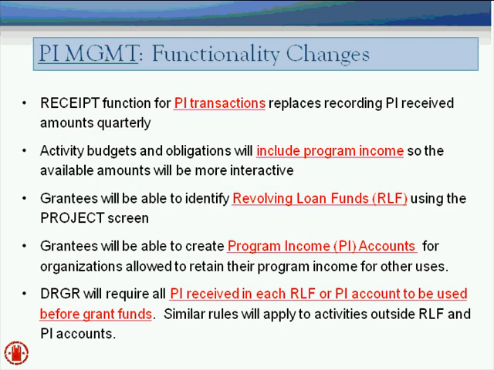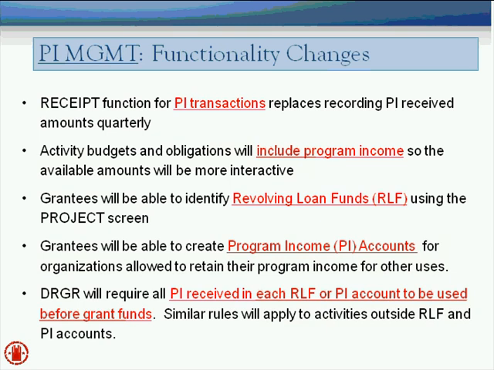So in terms of listing these, a lot of this PowerPoint started off basically with the fact sheet that we posted on the web, and also sent a link to when I sent out a little email announcement to grantees and to HUD staff in terms of what some of these changes are. So just listing these in general, the receipt function now is going to replace program income being recorded on the quarterly report. Anything that was prior to the December 3rd release, the QPR amount received has been made into a receipt. So from now going forward, you're going to be creating receipts for program income